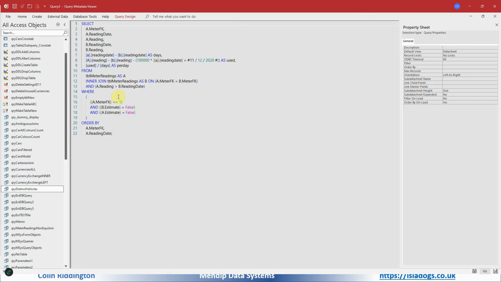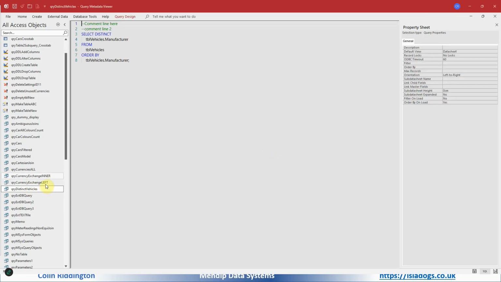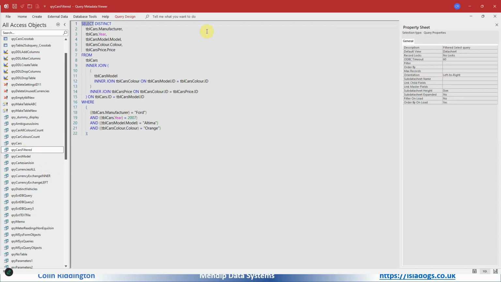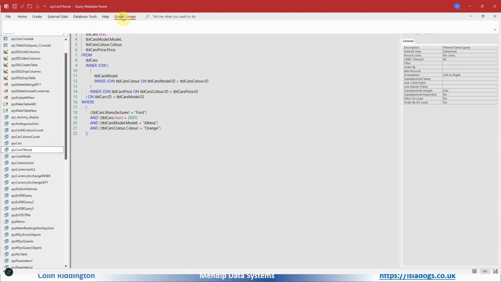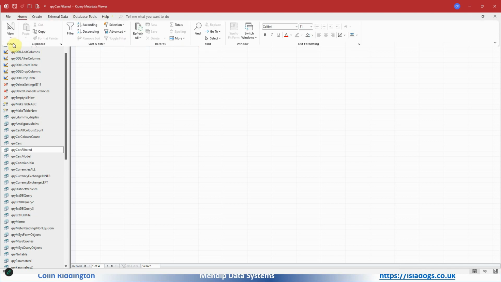So with this, we've then got a whole series of different options here. What I haven't yet shown you is partial SQL execution, but I'm going to do that for a different query. This one will do here. SQL View. So I've got a query here with a series of filters on there such that when I open this, we've only got 4 records. When I go back to SQL View,